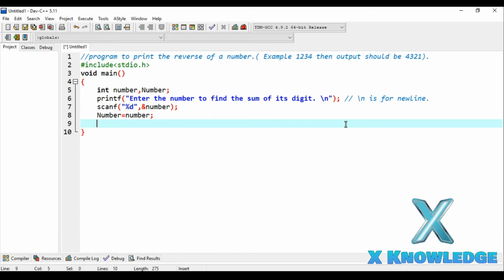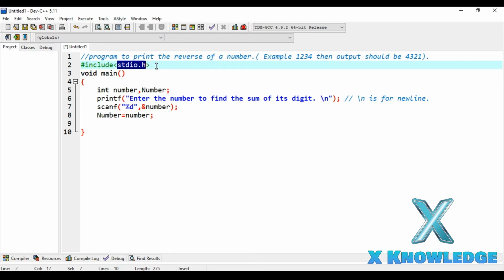Okay. Now for accepting the number which the user will give us, we will use the scanf function, and for printing something on the output screen we will use the printf function. So from where do these two functions come? stdio.h is the library which contains these two functions. We have included this library with the help of the preprocessor, that is hashtag include. So hashtag include is the preprocessor out here, and stdio.h is the standard input output library.